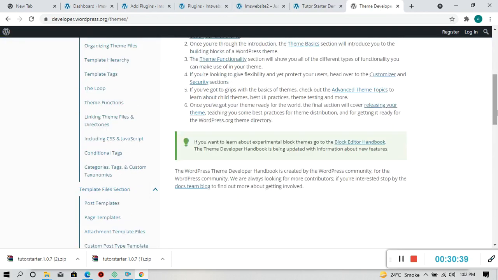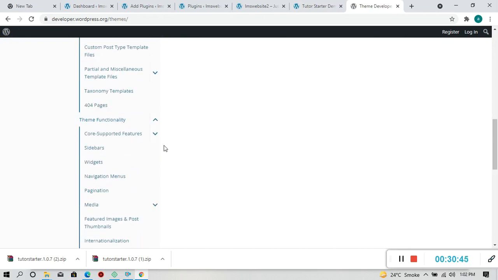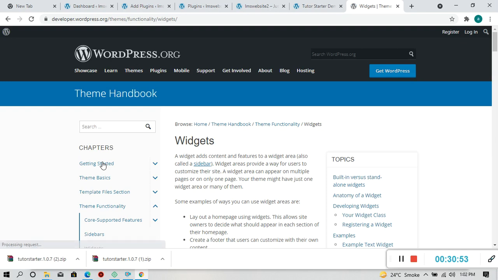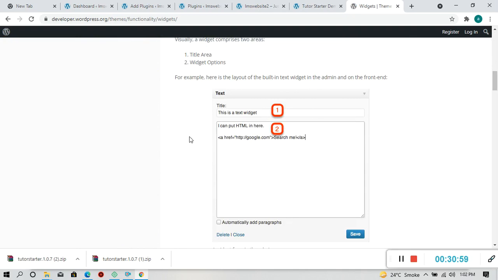So what I have to do, if you want a widget in your website, then just click here, and you only have to apply standard coding. This is the widget. This is a simple image shown here as an example.